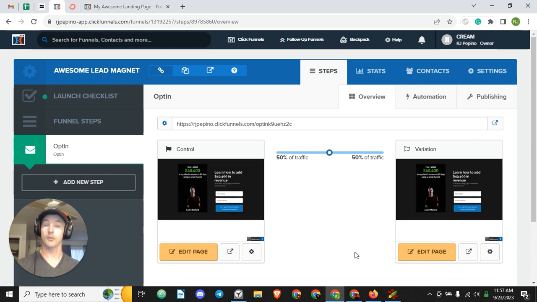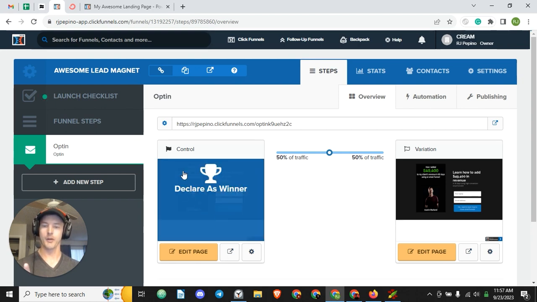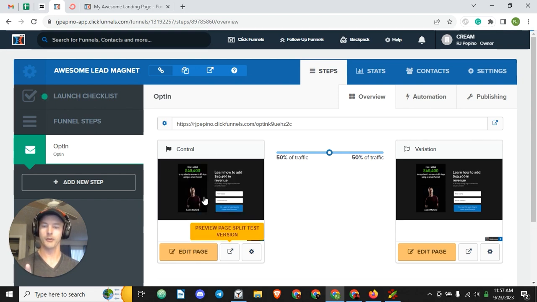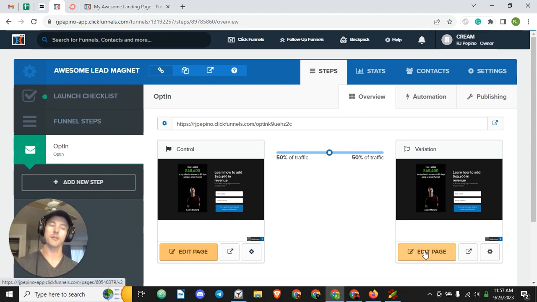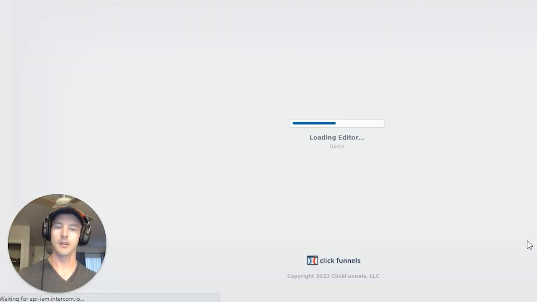So what you want to do to correctly A/B test a landing page is select one element in the B version and change that. So if you're like, I love the way this works on the A, I love the way this looks, I think it's going to convert well, but I'm not so sure about the headline. Well, let's go into the B version and just change the headline, nothing else. And then in order to test it,